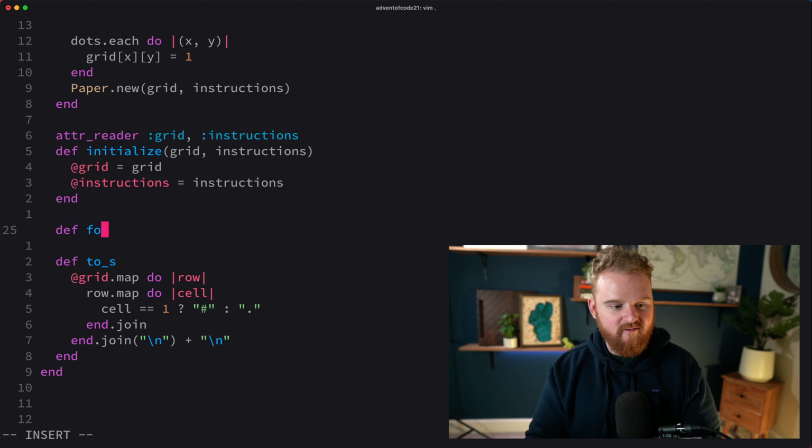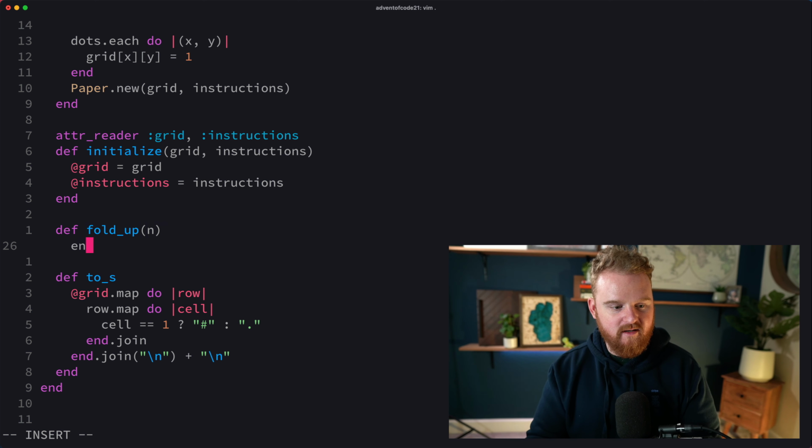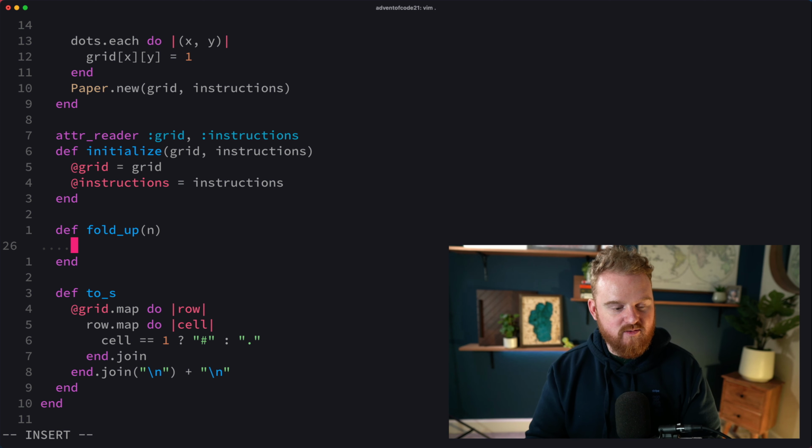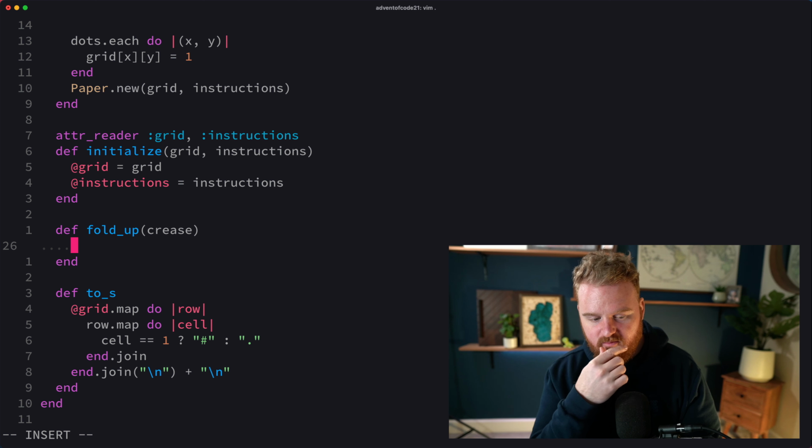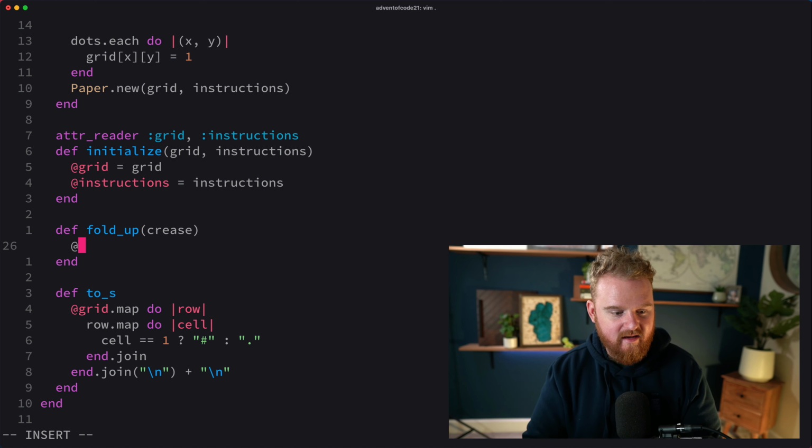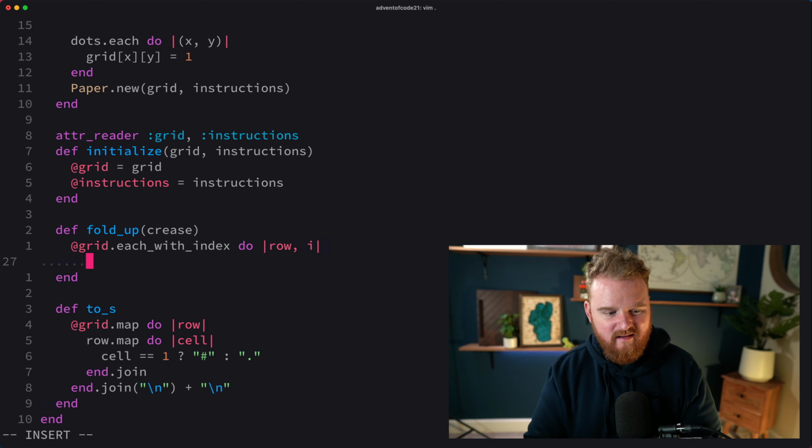Def fold up some number. And here is where the magic actually happens. I think we can make this a little clearer. Let's call it crease, I think. And then the idea is that we want to iterate over the entire grid. So grid.each with index, do row and i, and then